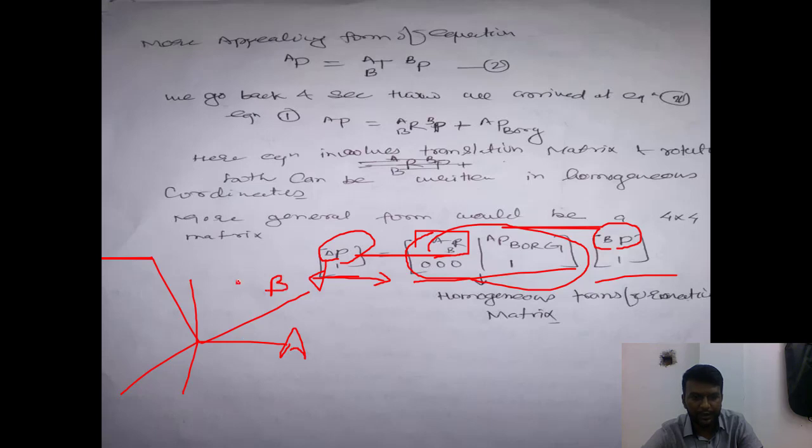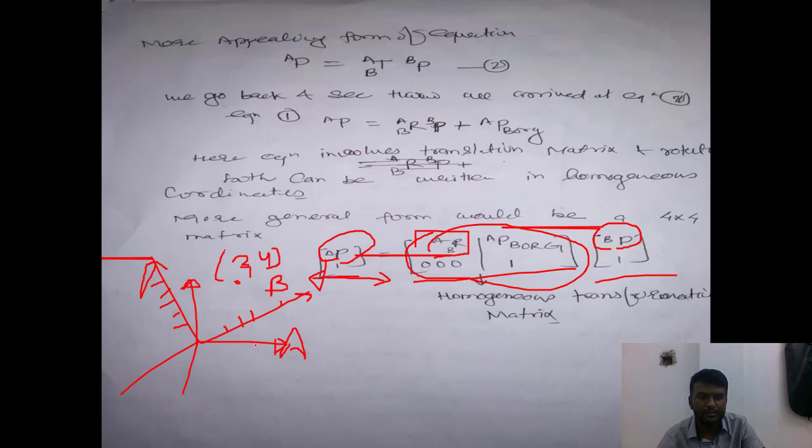There is a point here in the B frame, and we want to know the position and orientation of this point in frame A. This is defined in frame B. So here there are coordinates, 1, 2, 3, 4. Some coordinates are given here, and this is the y-axis for this frame. Suppose the coordinates of point B are 3, 4, right? But these coordinates are defined in frame B, and we want to know the coordinates in frame A.